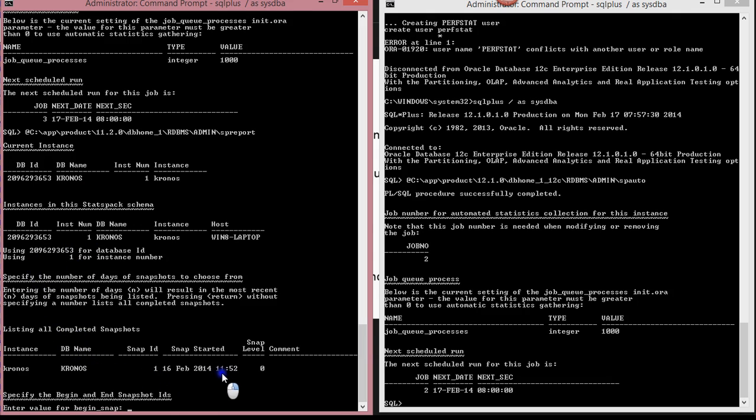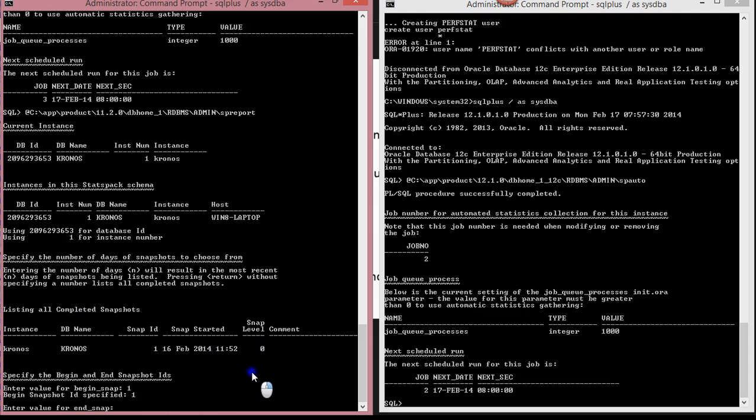Snap ID is the first one, snap level 0, the host, database ID, and instance ID. And another thing is, if the first time you set this up,